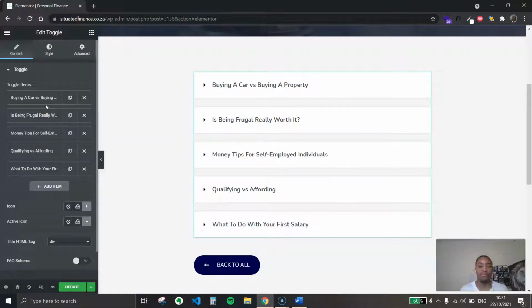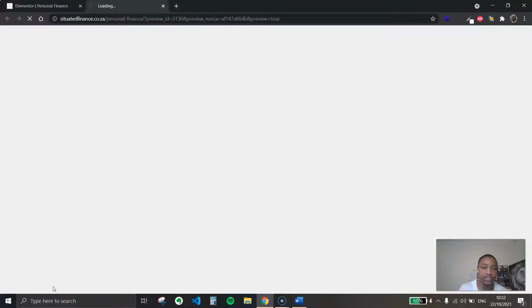And don't forget to hit update when you're done with your edits. Don't forget to hit update here on the bottom right section, the green button. Very, very important. And as you can see, it's updating and it's updated. So to preview your changes, right next to the update there's this little eye that says preview changes. So you click it,